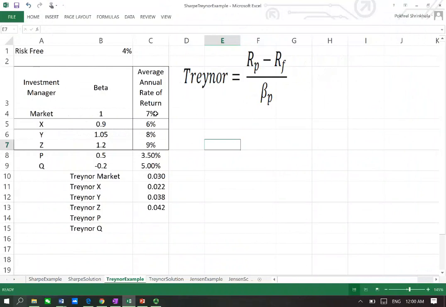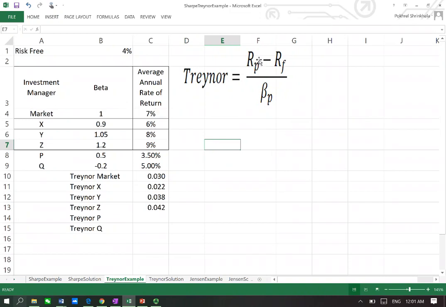In this video, I'm talking about the Treynor measure of portfolio performance evaluation. So, in Treynor's composite performance measurement technique,